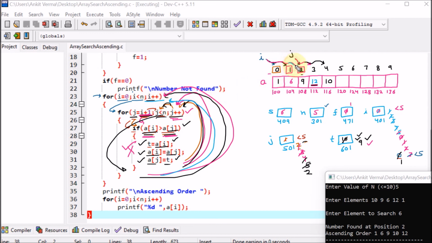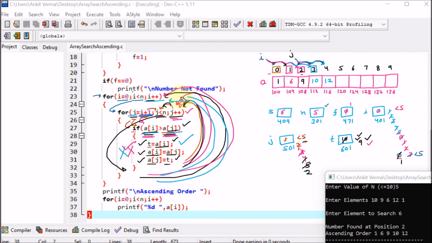Now I is going to the next value which is 3. So I is now fixing this value. Then afterward we will take j. J will be I plus 1. So now this time j will start from 4. So the value of j will be 4. So again they are going to compare. So ai and aj will be compared and we can see that 12 is greater. So swapping will be performed. So here 10 will be shifted here and 12 will be shifted afterward. Then the value of j will be incremented, then the inner loop will be false.